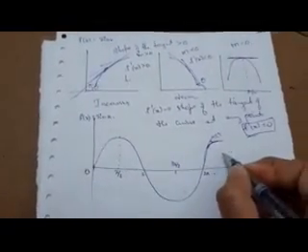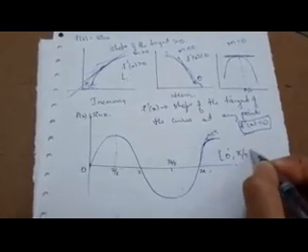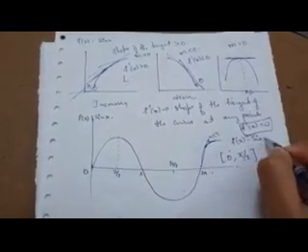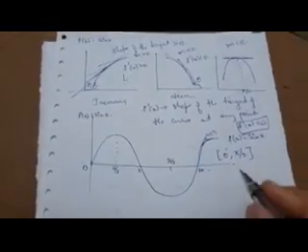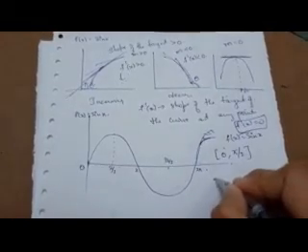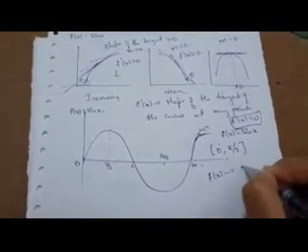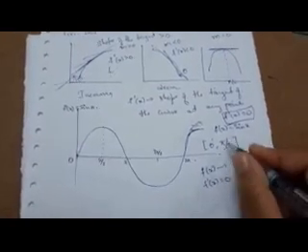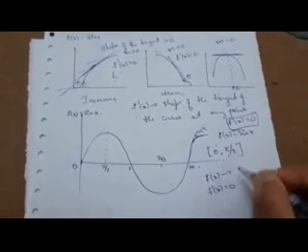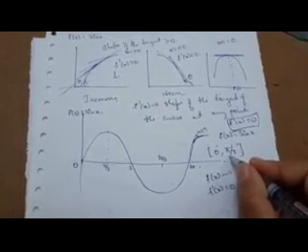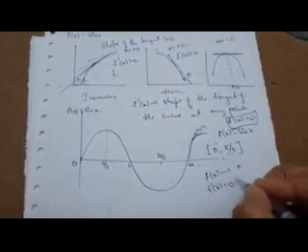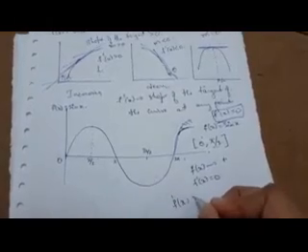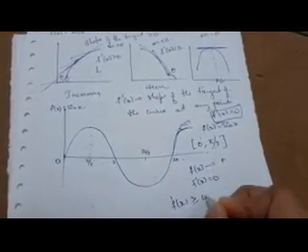Suppose now I consider the interval from 0 to pi by 2. f of x is the sine function itself. When I am talking about the interval 0 to pi by 2, you can see that f of x is strictly increasing. When it comes to pi by 2, our f dash of x is equal to 0 at x equal to pi by 2. So from 0 to pi by 2, our f dash of x is greater than or equal to 0.